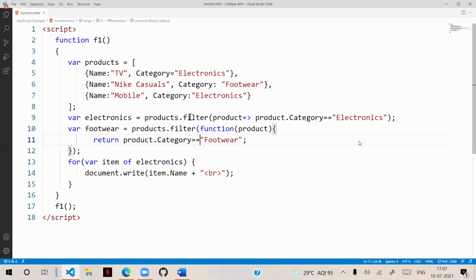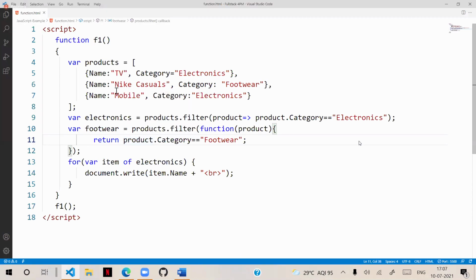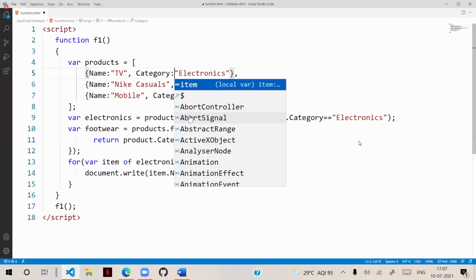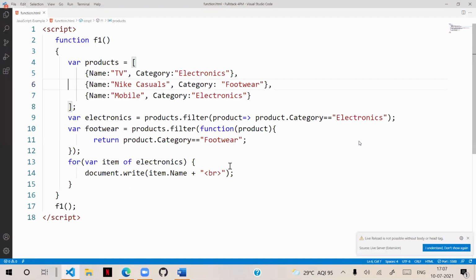Where else do we have a problem in the function? Acha, here for category I gave a colon, right? Equal I have given, yes, fine. So it is going to return the details and display the details. This is the shorthand technique of configuring the function.